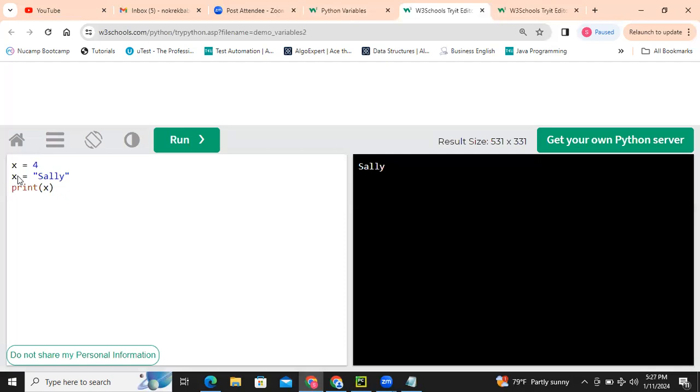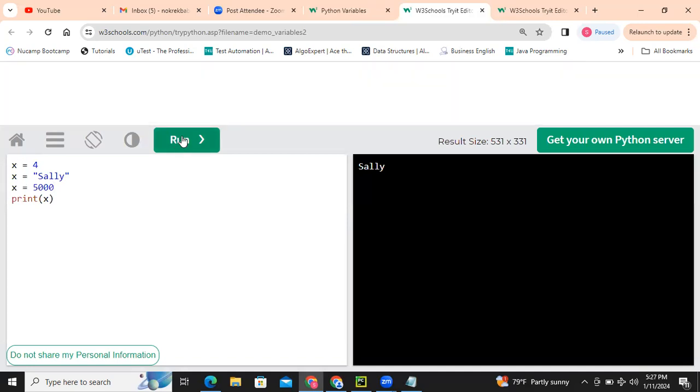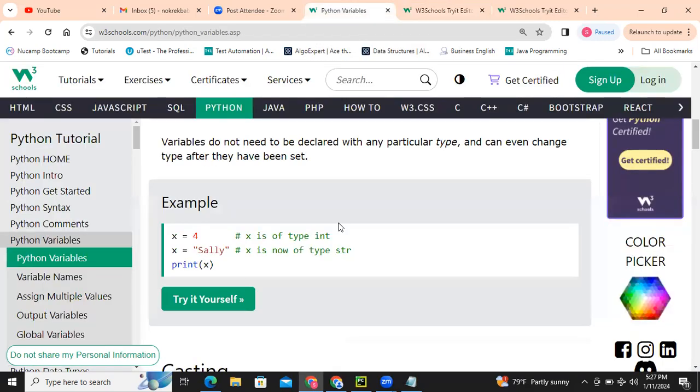We call it reassigning the value. When you say x is 4 and x equal to Sally, again, if you say x equal to 5,000, you are reassigning the variable x, and it will print the latest one. Okay. Now,